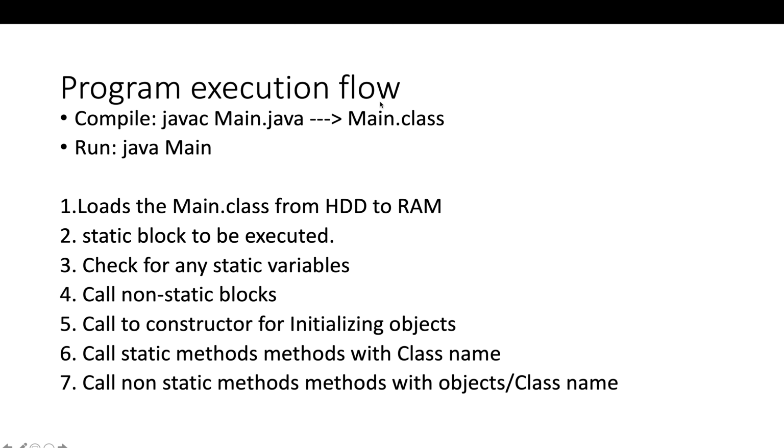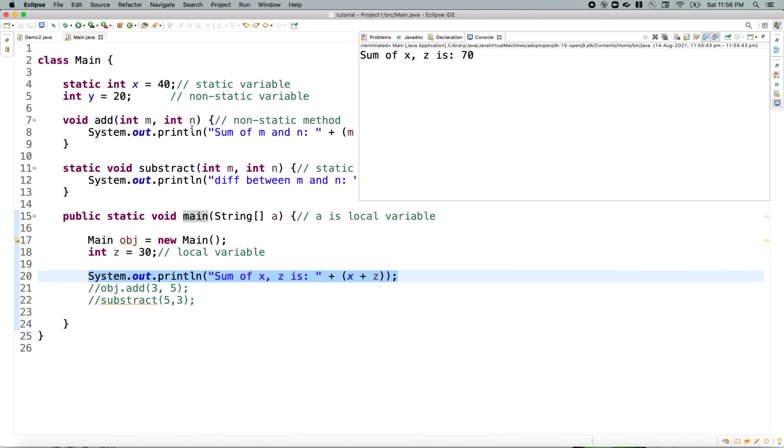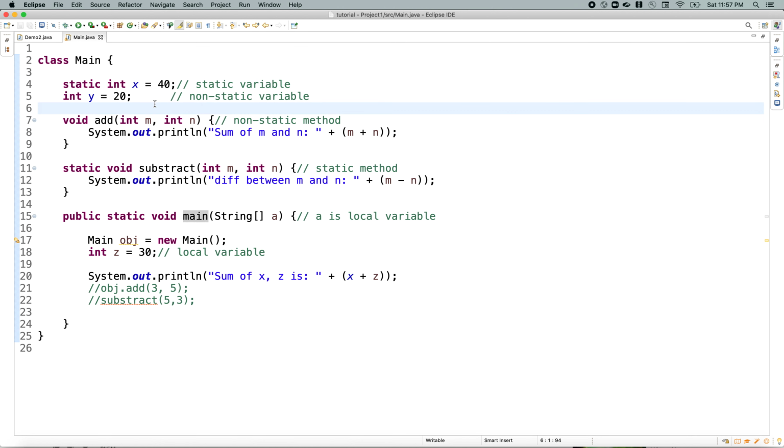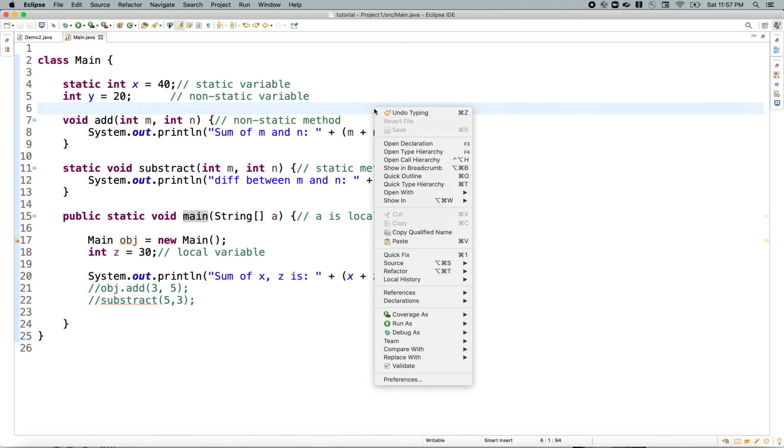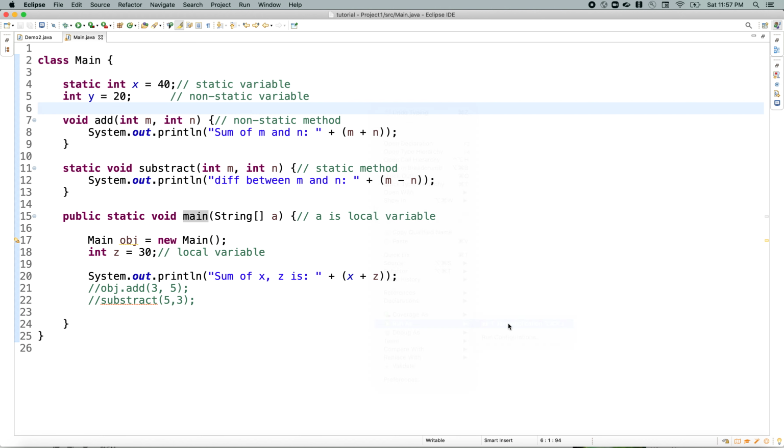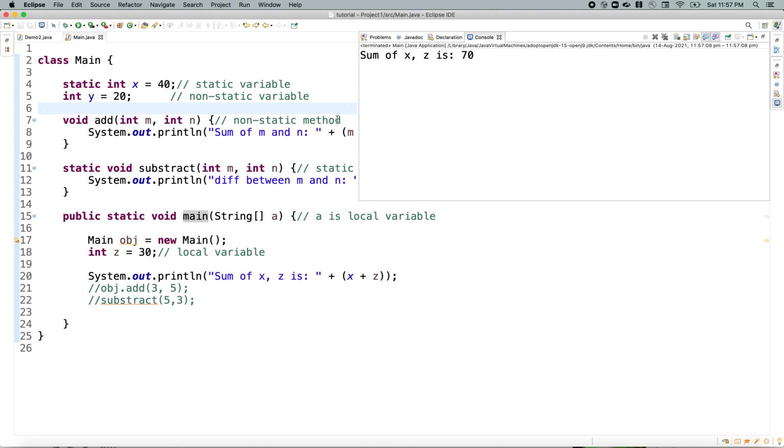So the .class file basically takes the class name. You are going to feed this .class file to the JVM to run your program. This is what will happen whenever you compile and run your program. In this case, we got the main.class and we executed. In Eclipse, whenever you save the file, it will automatically create the .class file, but manually you have to run the program, on demand. This is how the JVM takes the main.class and runs it.